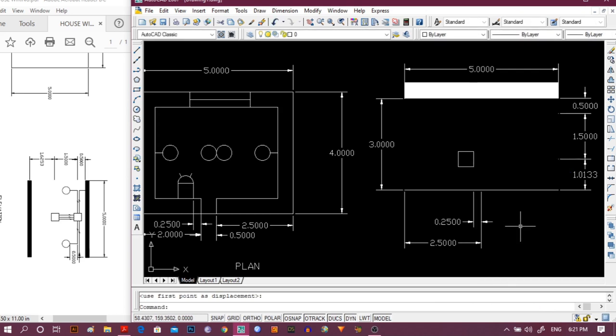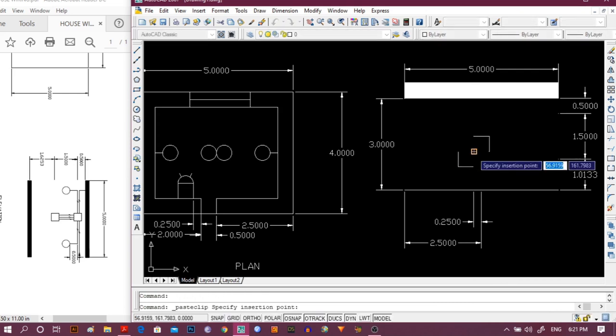Now this is the switchboard. So again we have to draw the joint box. So again we are going to copy and place the joint box in that line.